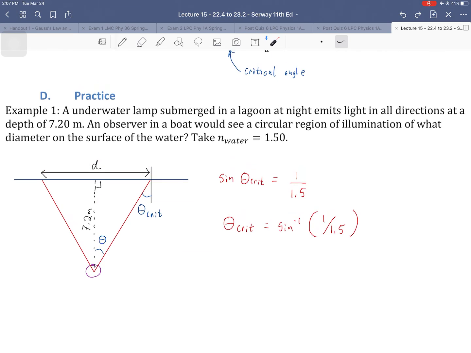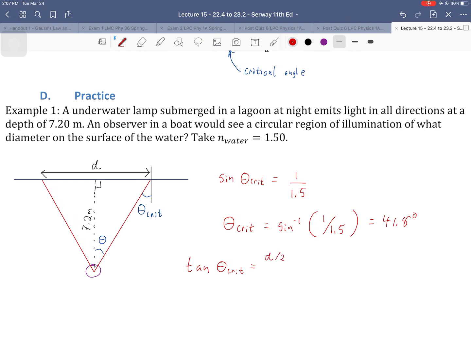So we'd start by finding that critical angle, and when we take sine inverse of 1 over 1.5, we get 41.8 degrees. Then if we think about our triangle, we know that this angle here is equal to that. Those are equal angles. And so then we know that tangent of the critical angle is equal to R over D,